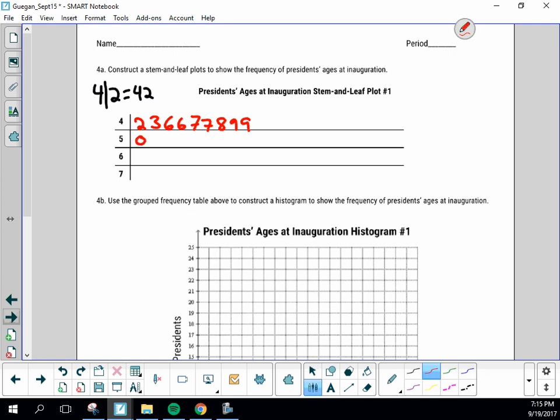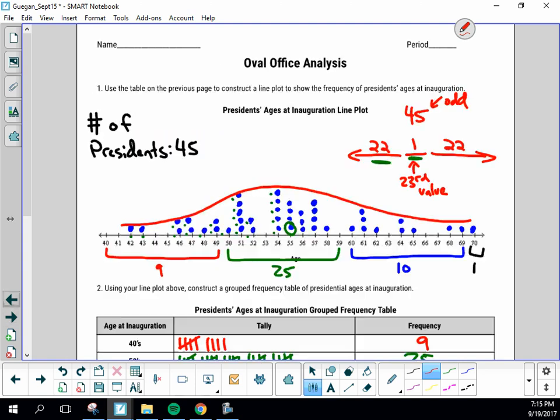Should have a 0, 1, 1, 1, 1, 1. That's our mode, those 51s. 2 and 2. 4, 4, 4, 4, 4. That's another one of our modes, 54. Should look like that. Going back for the 60s,